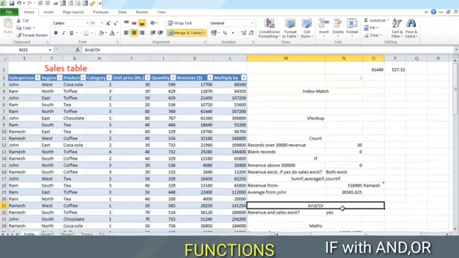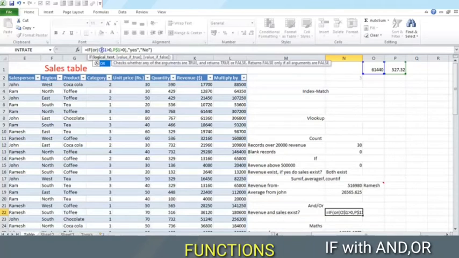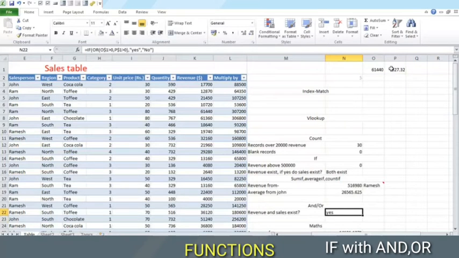And/or are generally used with if conditions because its result should have a direct meaning, where with and both conditions should be true in order to get a yes. But if we use or, any one of the two or more conditions being true is enough to get a yes. Even if I make one of these 0 now, because I've used an or, I will still get the value as true.